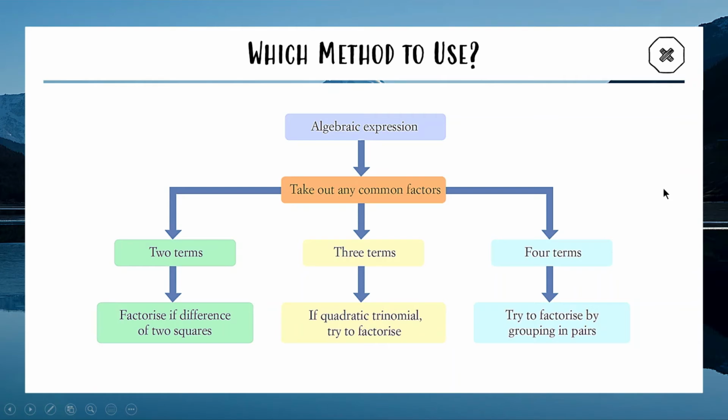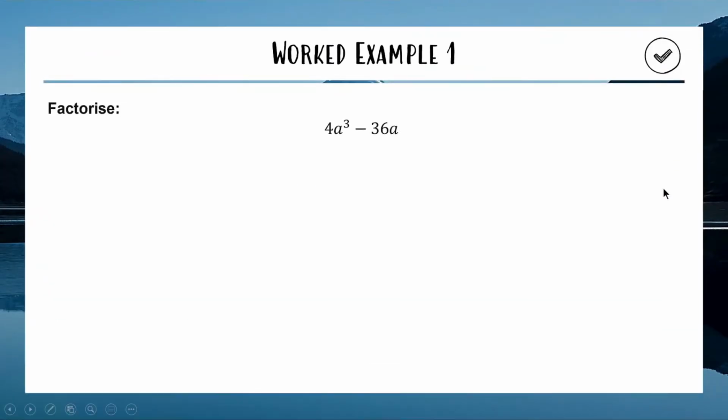Okay, let's have a go at our first example. If you're feeling confident, you're more than welcome to pause the video and try it yourself first. Starting one's not super hard. But the first thing we're going to do is look for a common factor. Is there anything in common to both terms that we can factor out the front? Well, we have a common factor of 4 in both 4 and 36. We also have a common factor of a. So we're going to start off by taking out 4a out the front of our expression, leaving us with a